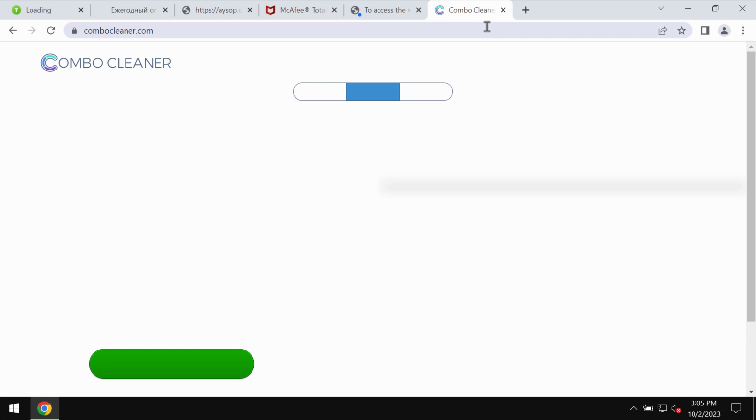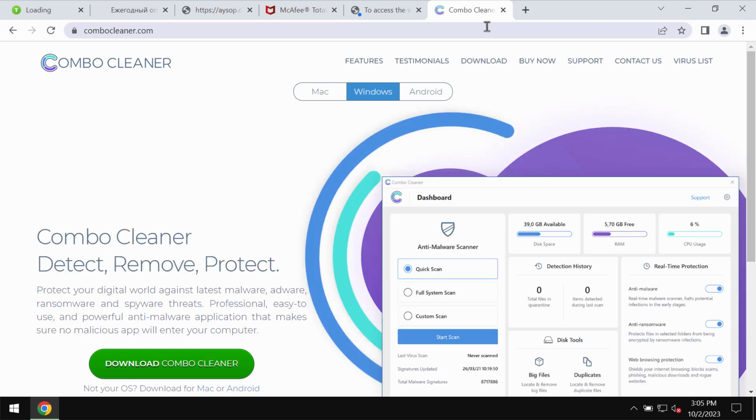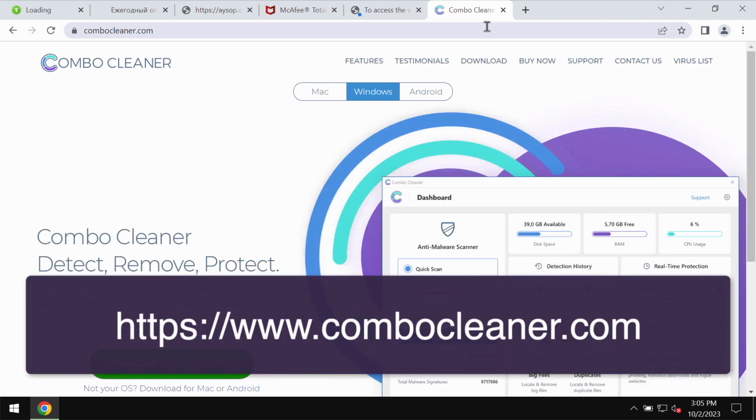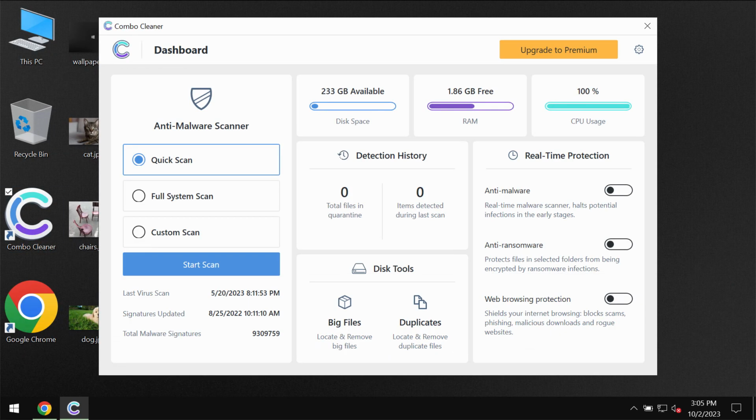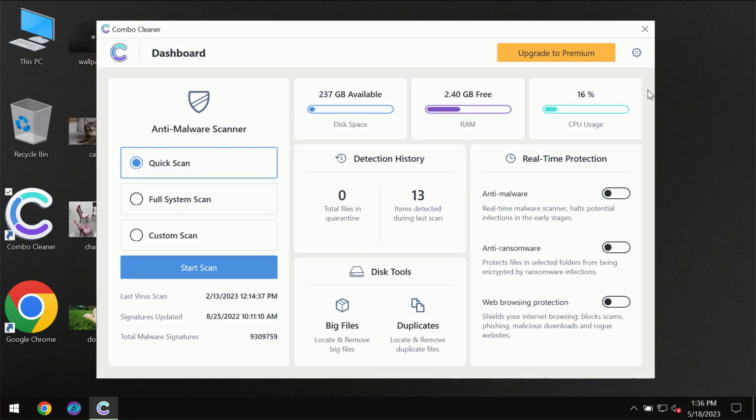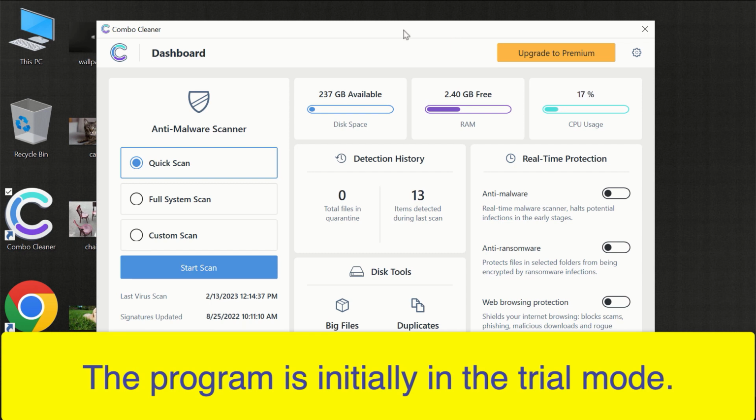Also, I recommend you to scan the computer with Combo Cleaner antivirus. Go to the page combocleaner.com, download the application, install it, and start scanning your device to detect and remove other threats from your system. After you have successfully downloaded and installed Combo Cleaner antivirus, for the first time the program